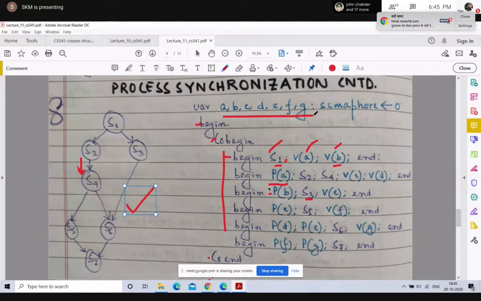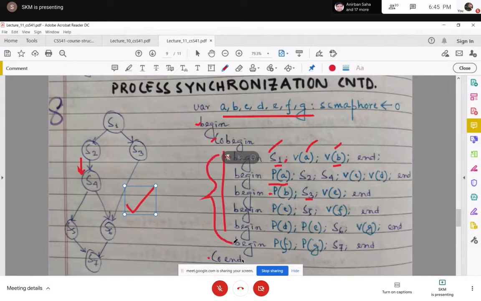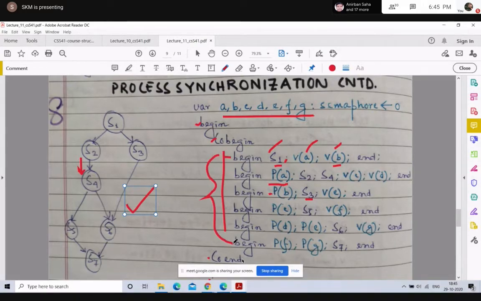Now, in this example, we have 6 processes running concurrently. That is, all of these 6 processes are in the ready state. If you remember the state diagram, you have the waiting state, which is in the secondary memory, and from there you are brought to the ready state, that is the main memory, and from the ready state, your CPU scheduler decides which process will be going into the CPU.